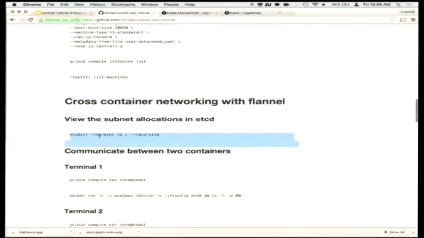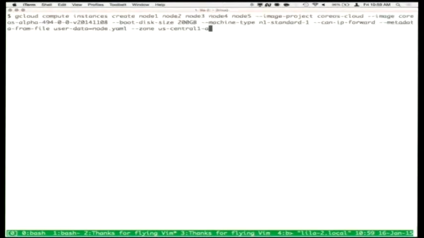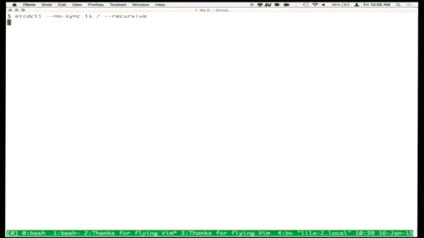Great. So why don't we take a look at what actually happened in etcd with all this? You remember that we use etcdctl to write into the etcd key space the shared configuration of how the network should be laid out for Flannel. So what is also stored in